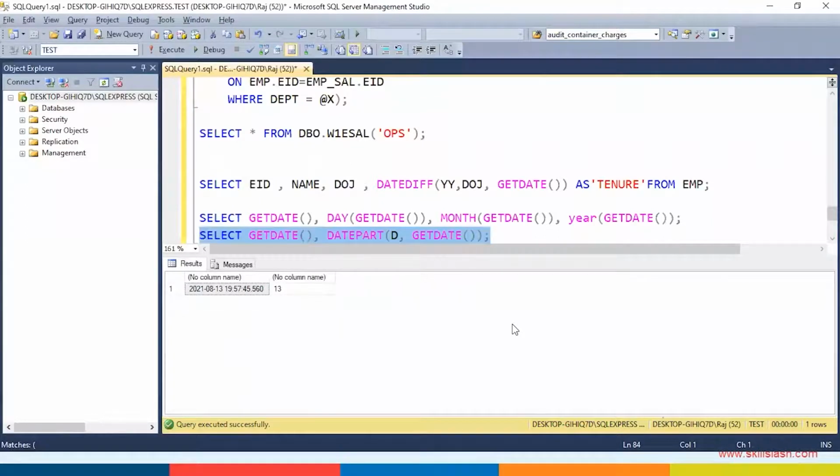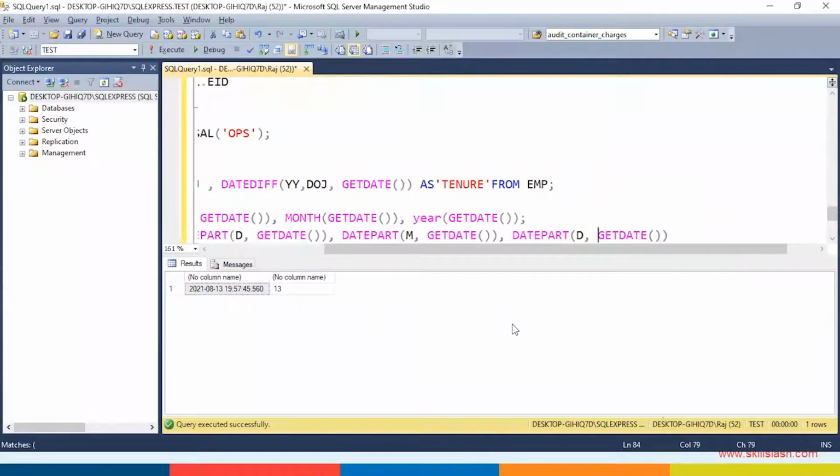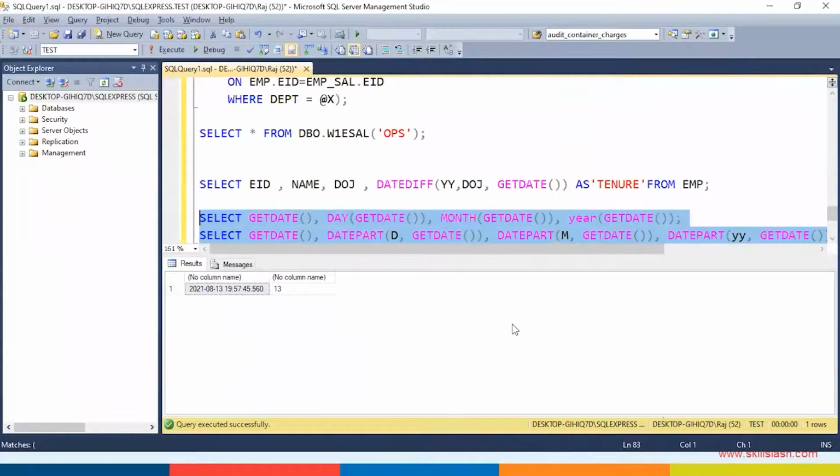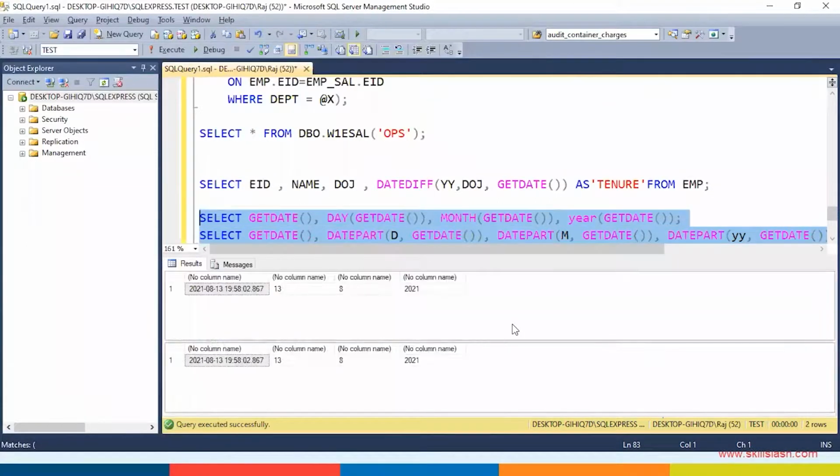I'm getting the day, that is the 13th day. Similarly, you can also get the month, and you can also get the year. Both day, month, year, and DATEPART give you the same output. It is up to you which function you want to use.